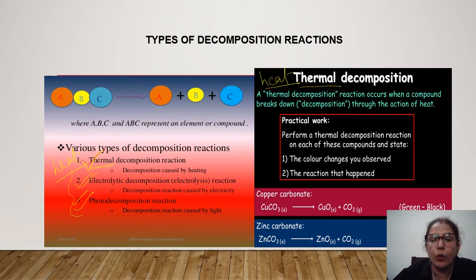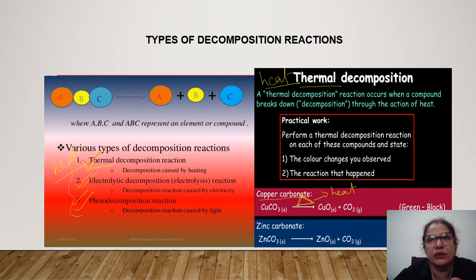Similarly copper carbonate, in the presence of heat. Now on the arrow mark you can either write heat or put a triangle. The triangle indicates heat on the arrow mark, and it is very important that you write this in a decomposition reaction, because